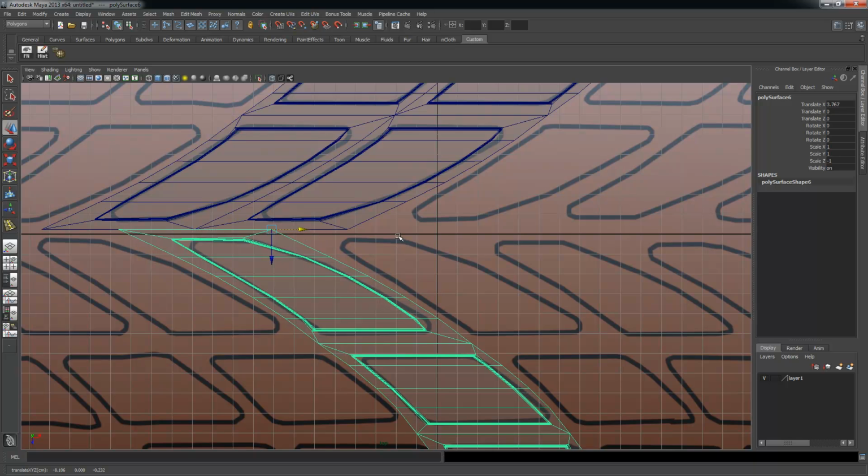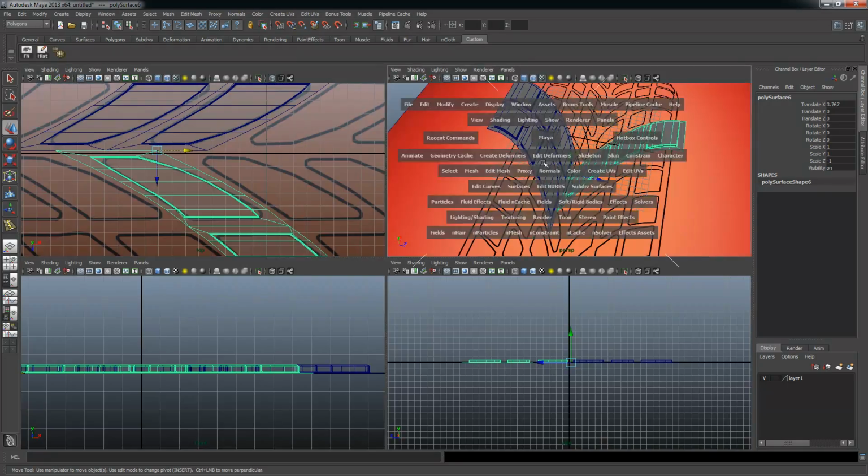So if we look at the pattern, the point of the other one kind of goes into the trough of the other one. So there's the point of the tread, and the opposite side it kind of goes into the trough for the offset. So what I'm going to do is I'm going to line that up,